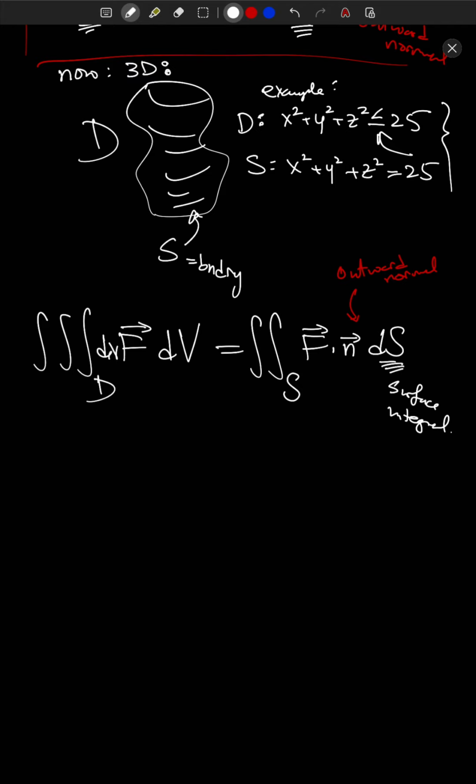Okay. All right. So oftentimes in calculation of this particular version of the divergence theorem, the left-hand side possibly could be easier than the right-hand side, because the right-hand side is a surface integral, which we're perhaps not as comfortable with at the moment. Okay. In terms of why this is true,